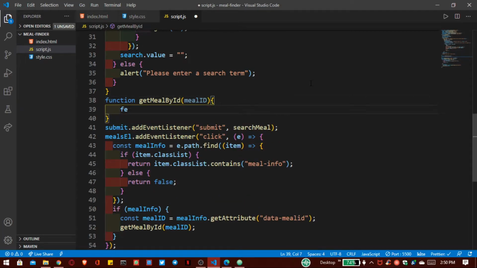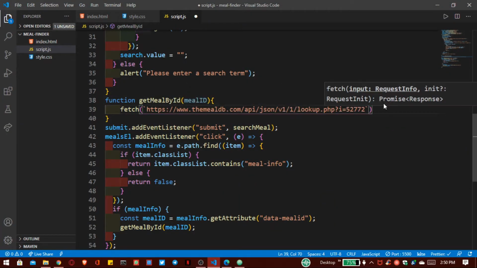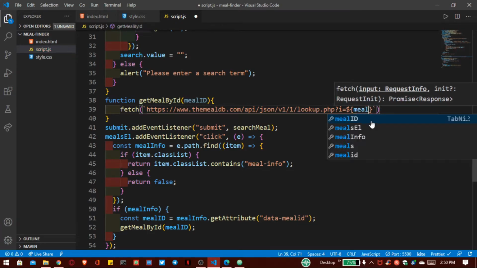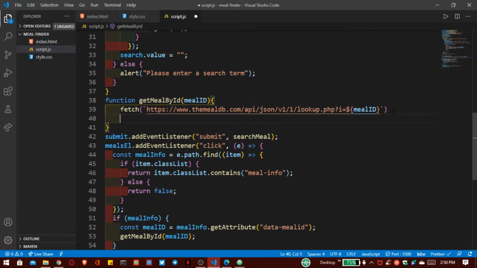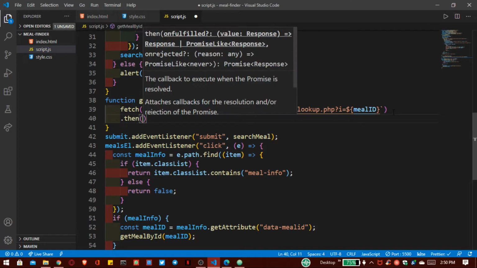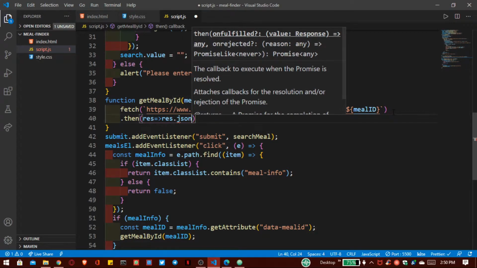And here we have to fetch a particular API, that is this lookup full meal details, because we have to print details of our particular clicked image. So now copy this and paste here. Now instead of this, we put this inside our dollar syntax and write here meal ID. Then we write our promise. So this is our response and that is our JSON format, and this is our function.